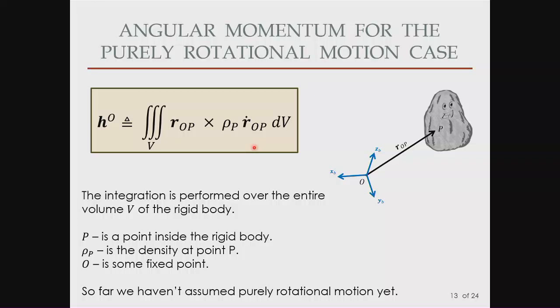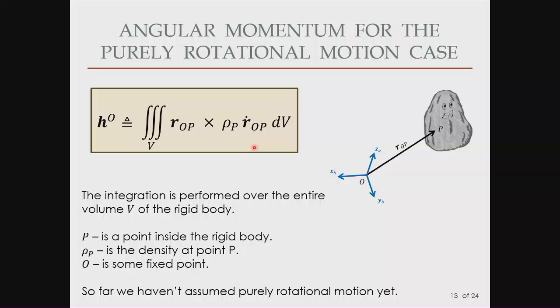So think about the linear momentum. If I want to calculate the angular momentum of this little piece of volume about this point, I will need to do the cross product between this vector and the linear momentum vector. The linear momentum would be R_OP dot, which is the absolute linear velocity. It has to be absolute for linear momentum, times the mass, so rho dV. That's the linear momentum